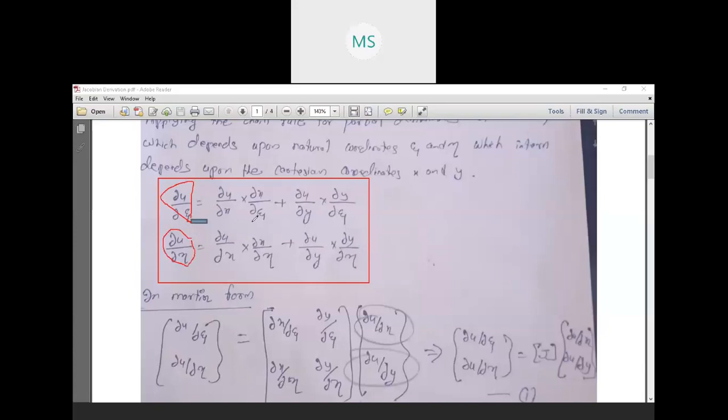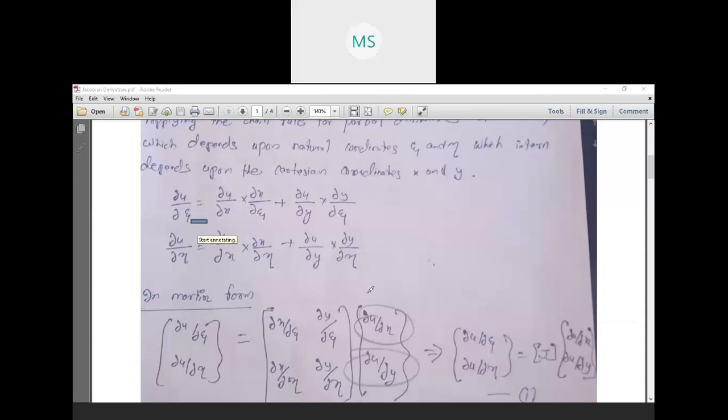So what we are doing for this equation is we are relating the Cartesian coordinates, these x and y, with the natural coordinate system. What are the natural coordinates? This is ξ and this is η. So we want to relate both. Okay, so that's what we are doing. Let us see how it is happening.